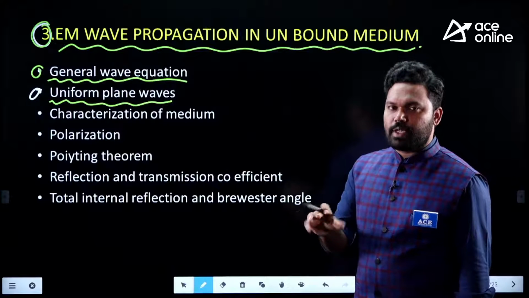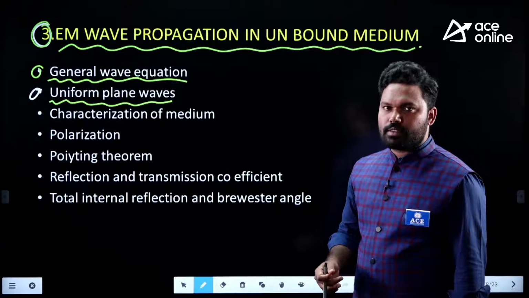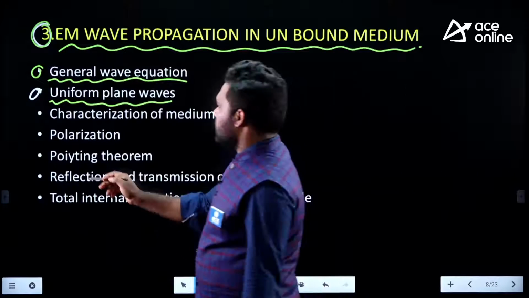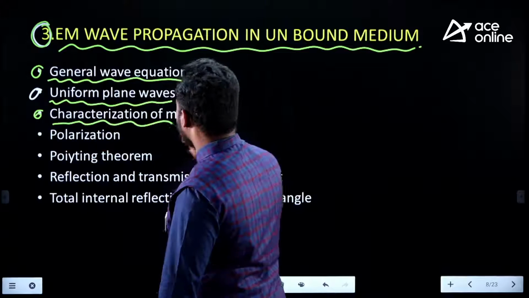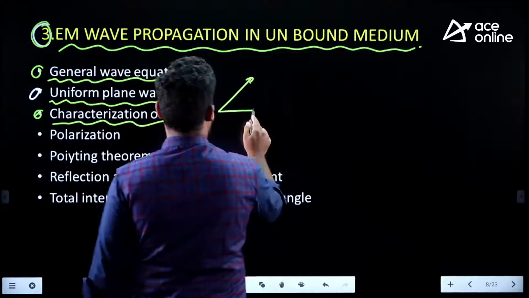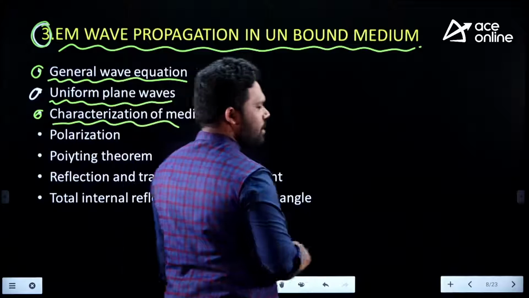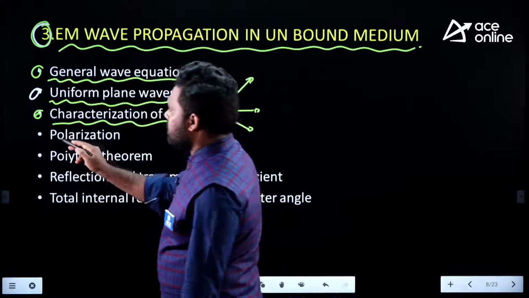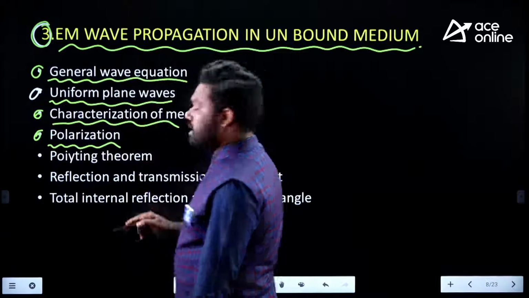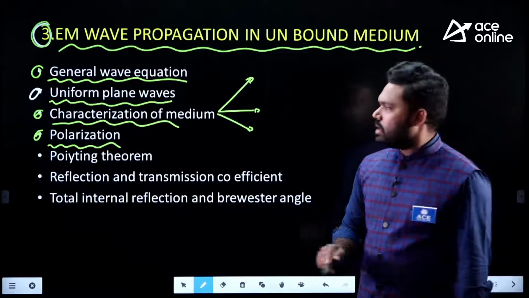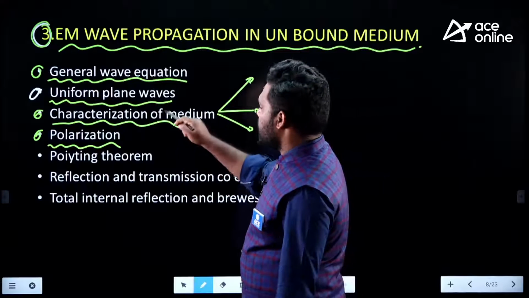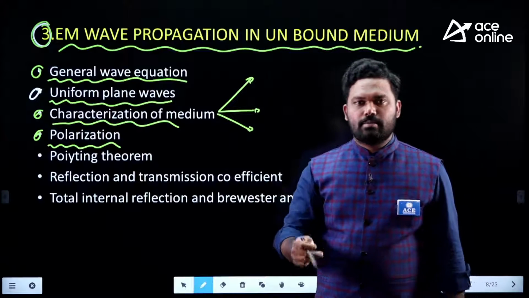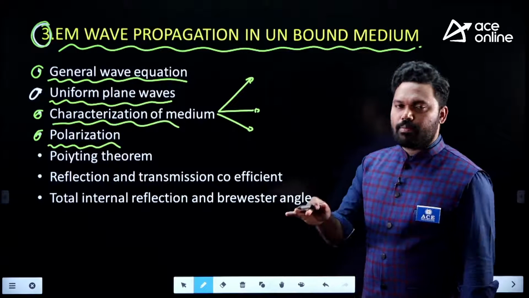Uniform plane waves will have some special behavior, special properties. And then we'll talk about the different properties of them. What is called a characterization of the medium into no loss, low loss, high loss. Okay, fine. And then polarization. In the polarization, we talk about what is called the time behavior of the electromagnetic wave. This talks about the magnitude, different parameters like attenuation constant, phase constant, intrinsic impedance, velocity, different parameters in the